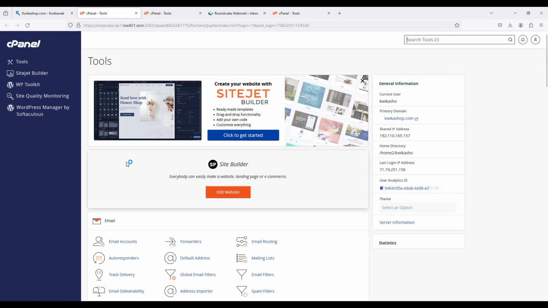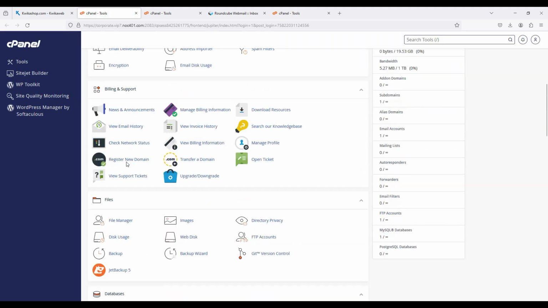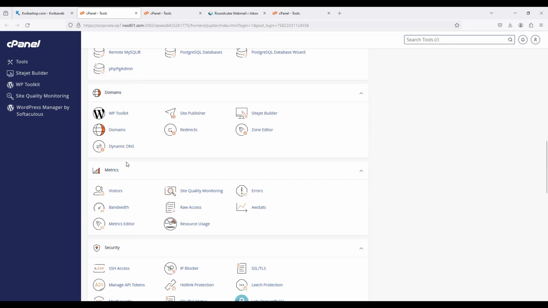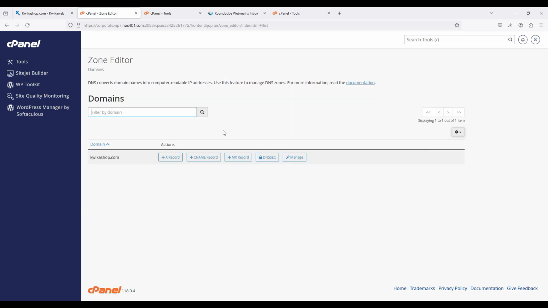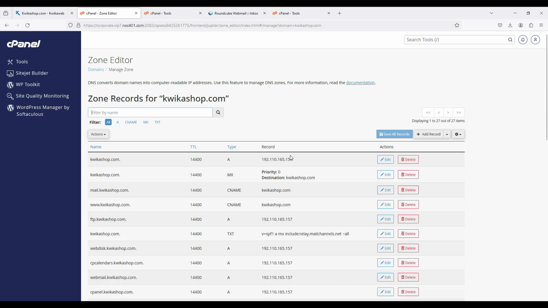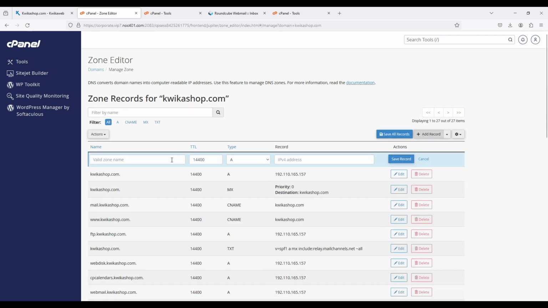Okay, so now that I'm logged into cPanel, I would scroll down to domains and click on zone editor. And here I would click on manage, and I'll add a record. So I'll add this record,